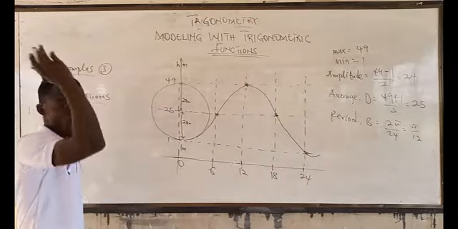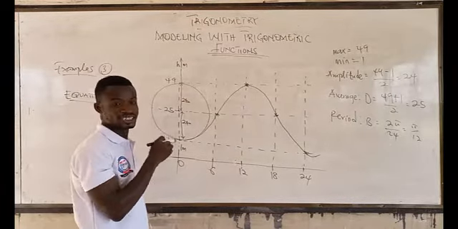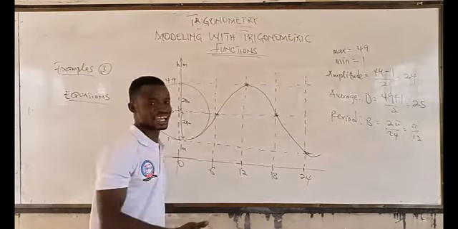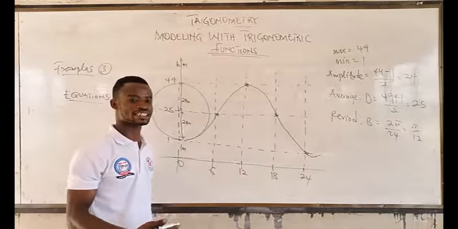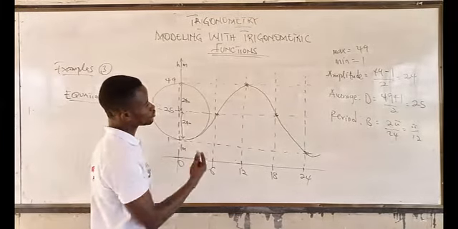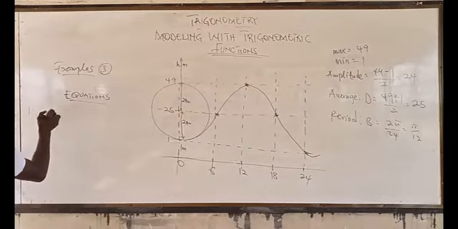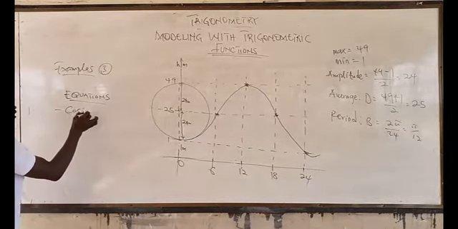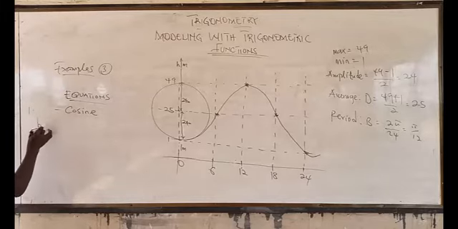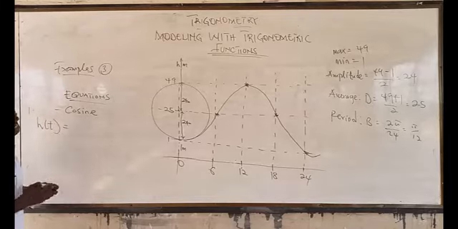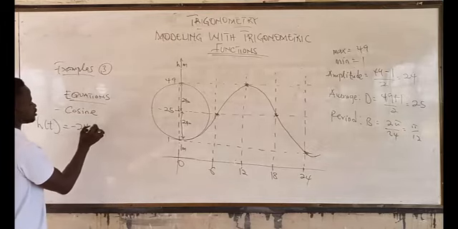For cosine, this is at what? Origin. But please tell me, is it going to be a negative? The amplitude, is it going to be negative or positive? You have to know that that is going to be negative, alright? So this is going to be a negative cosine. And the amplitude, so you are writing h in terms of t, because the amplitude is 24. So negative 24, then cos